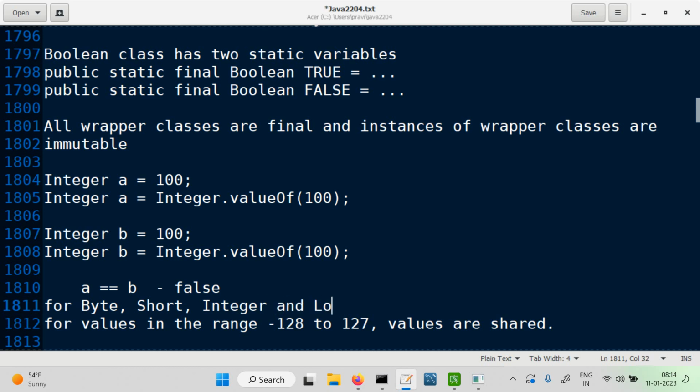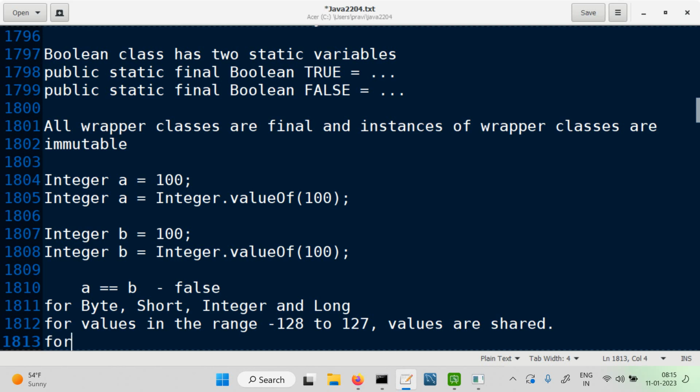इसका मतलब 170 से ज़्यादा वैल्यू आई तो हो जाएगा कैसे? False. The value of will use the constructor. Fine. Value of is giving by using a constructor. If it is in this range, it has created these objects already. The objects in the range minus 128 to plus 127 have been created, whereas for character type, right, let's see,